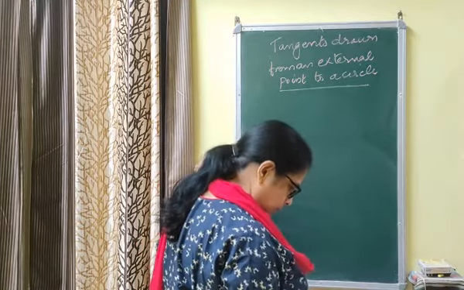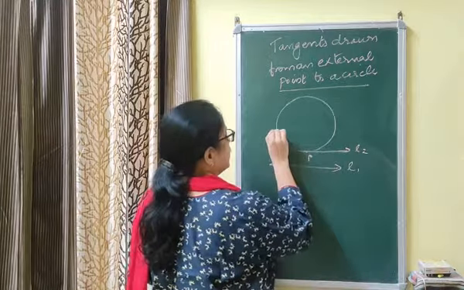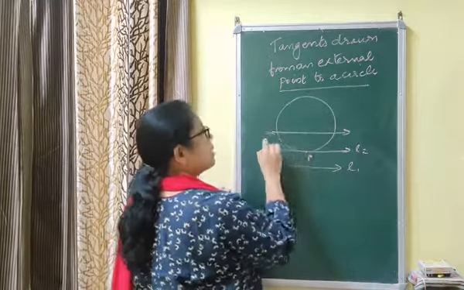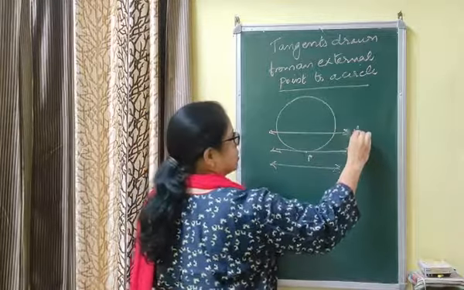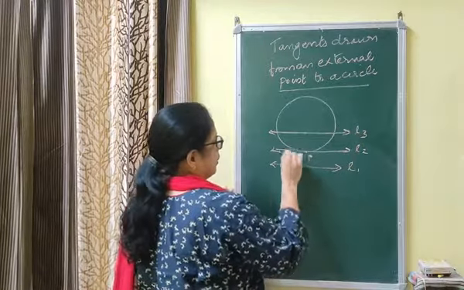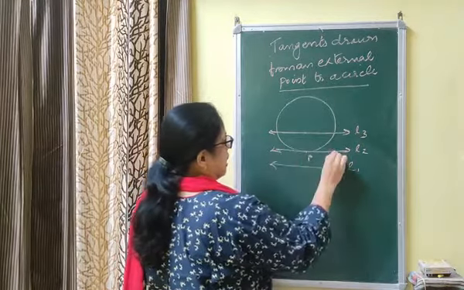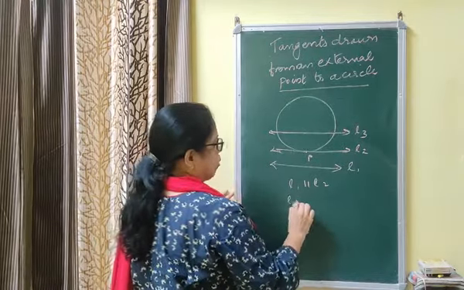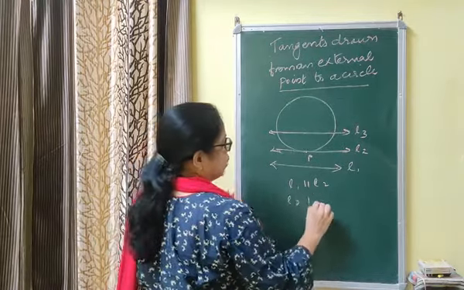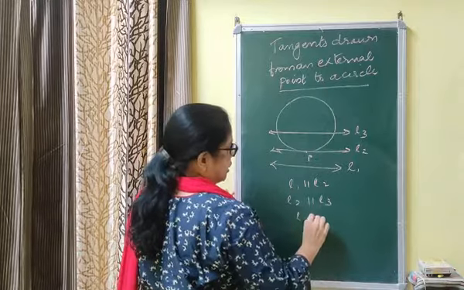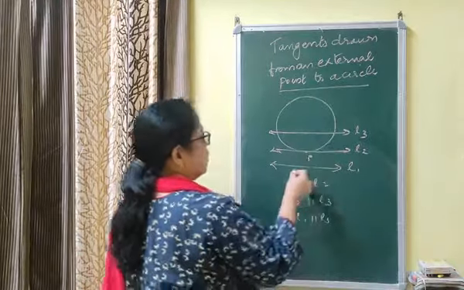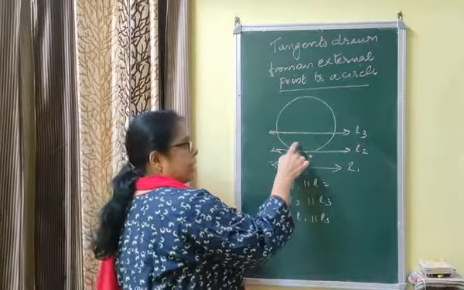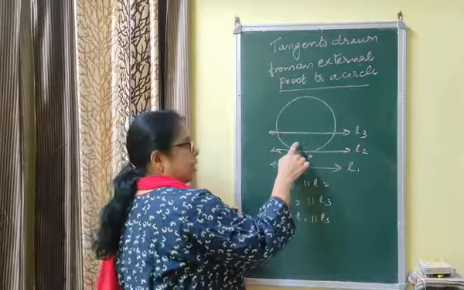Let L2 be the tangent at the point P. I am taking secant. Secant means what? It passes through the circle. That is L3. See, we have drawn. This one is L1. This L1 is parallel to L2, we drew. Again, we have drawn L2 is parallel to L3. That means L1 is parallel to L2. L2 is parallel to L3 implies L1 is parallel to L3. In this way we can draw a tangent line and secant line to a given circle which is parallel to a given line.